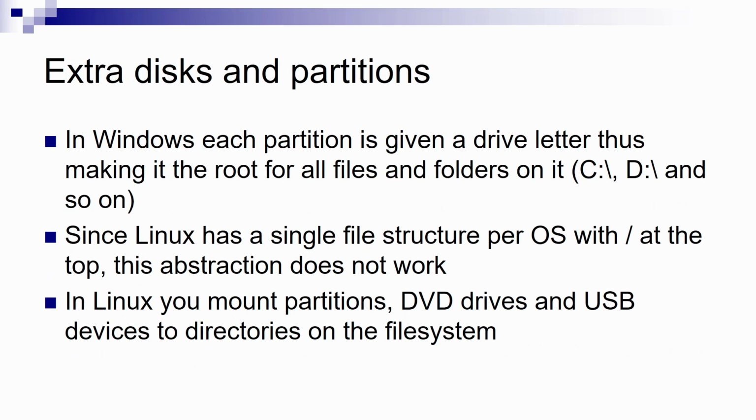Now let's talk about something that at least for me was a little confusing being a Windows admin when I started learning Linux. And that is how we treat disks and partitions as in regards to accessing them. In Windows, each partition is given a drive letter, and this means that each partition is in this way the root of its file system. So if you have the C partition, all the files and folders will be under C, that is on that partition. If you have D, then everything will be under D. If you want to access something on your DVD drive and it's mounted with E, you would say I want to go to